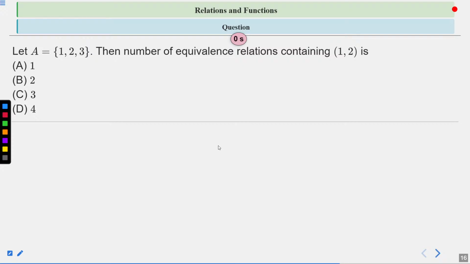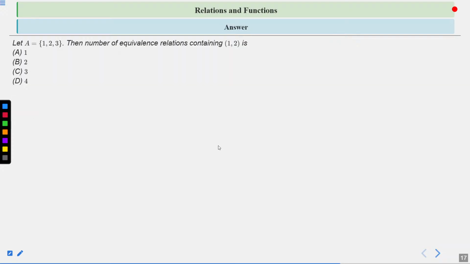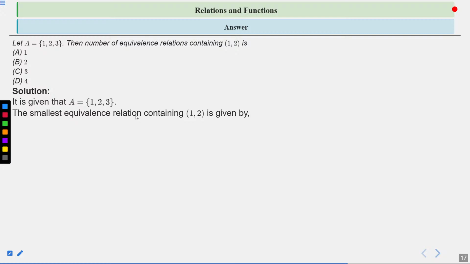Okay, let us move to the solution part. Let set A be {1, 2, 3}, then the number of equivalence relations containing (1, 2) is. It is given that set A is {1, 2, 3}. So the smallest equivalence relation containing (1, 2) is given by